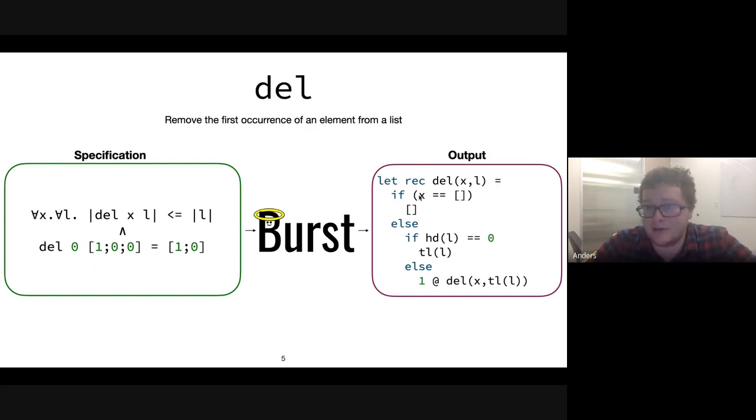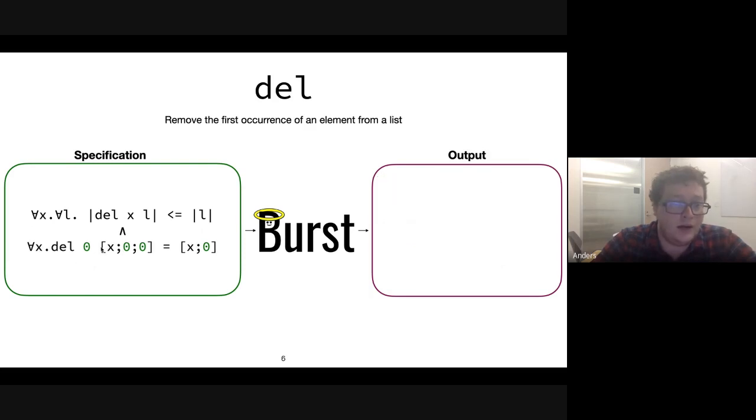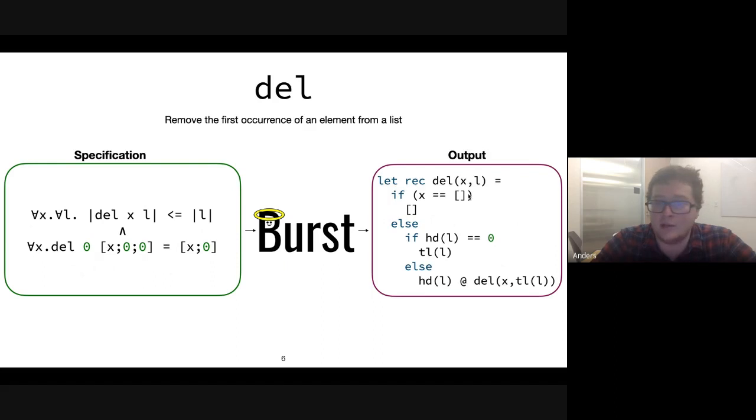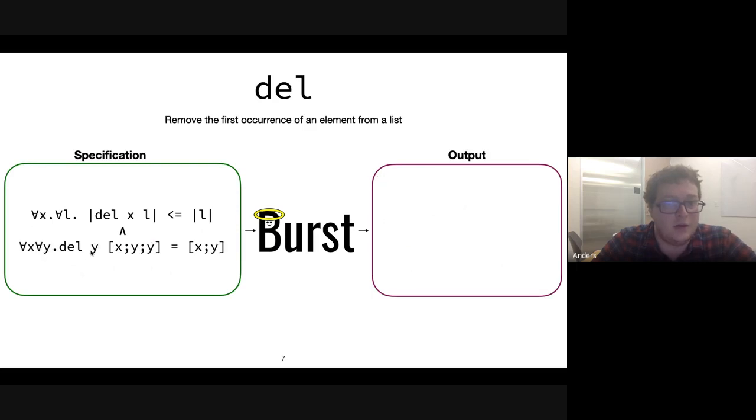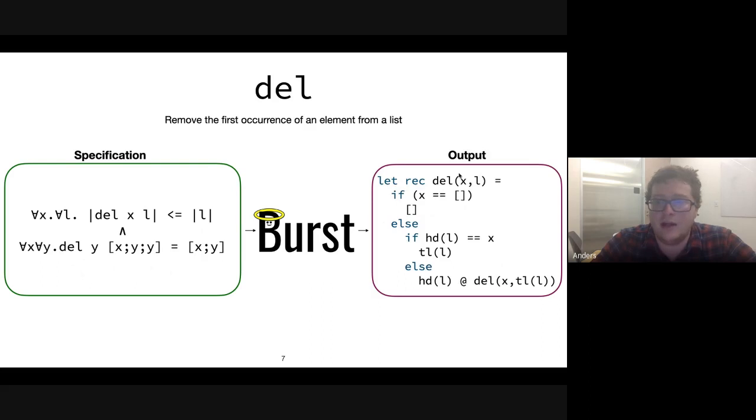And after I add this, the output actually looks pretty good. I mean, if you look at this, besides the fact that I typoed and have an X there, everything looks right except for the fact that this is a 0 and this is a 1. But fortunately, we can abstract that out. So one of the benefits of Burst is that you don't require only some very specific form of specification. You can abstract out this 1. So just say for all X, and then you get a little bit closer. This 1 has been turned into head of the list. And if I have 0, I can abstract that out by another universal and just get del y from xyy returns xy. And that's sufficient to actually figure out the full output.